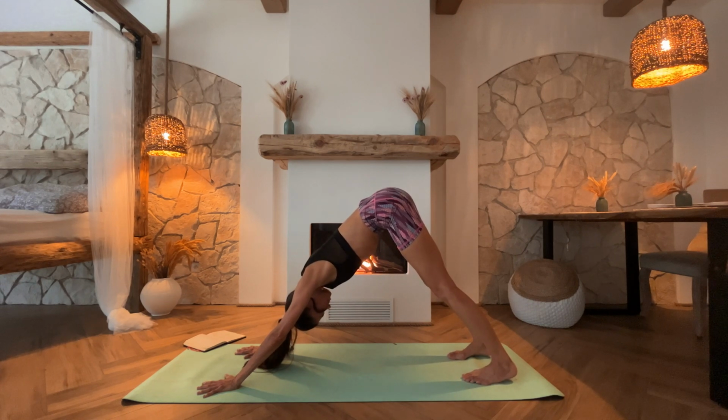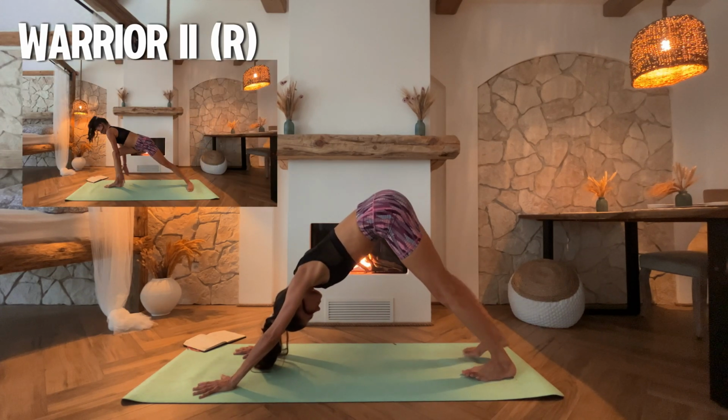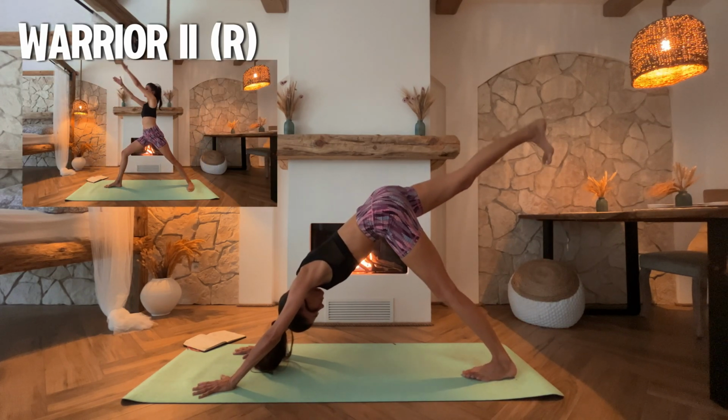Continue to breathe here. Deep inhales, deep exhales. Inhale and exhale. Inhale through the nose, exhale through the nose. Now raise your right leg